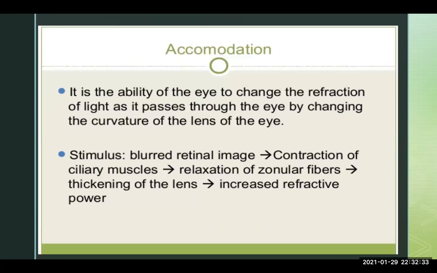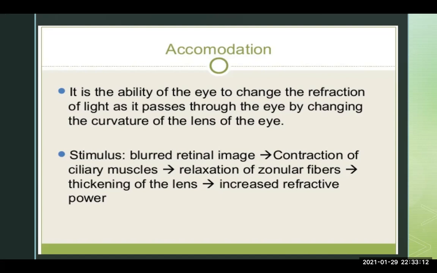What's the accommodation? Accommodation is the ability of the eye to change the refraction of light as it passes through the eye by changing the curvature of the lens of the eye. So simply, the accommodation is an involuntary reflex from inside of the eye. It's stimulated when the eye experiences a blurred vision. So the eye reflexively tries to correct this blurring by a series of